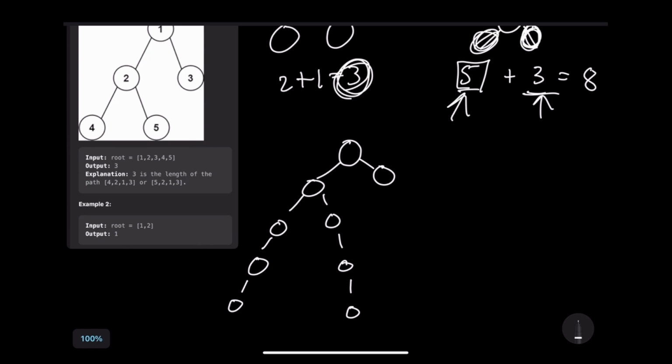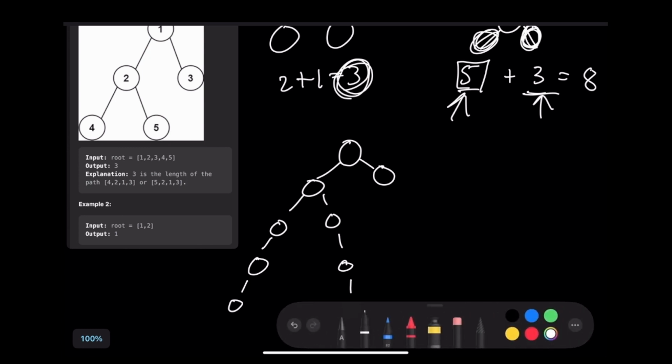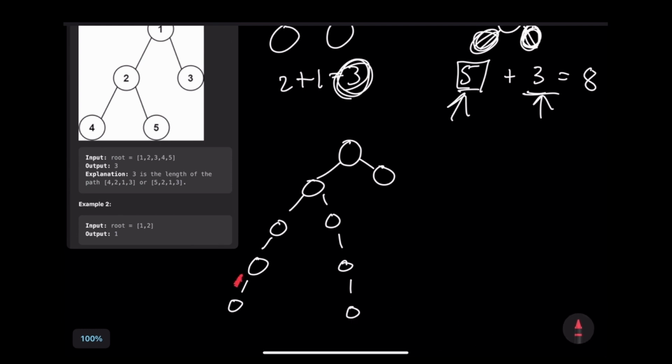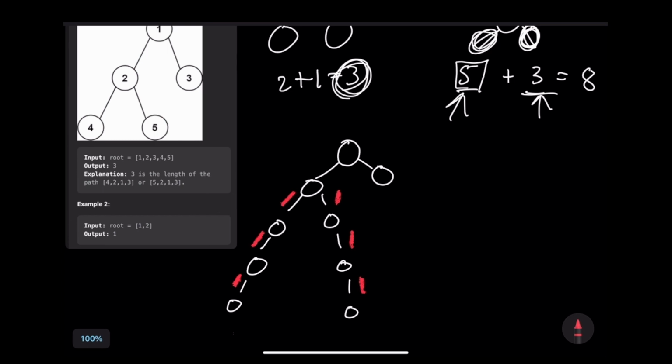And the maximum distance apart would actually be 1, 2, 3, 4, 5, 6. So these two nodes here and here are actually 6 apart. So it doesn't pass through the root node at all. So the way that we can handle this is